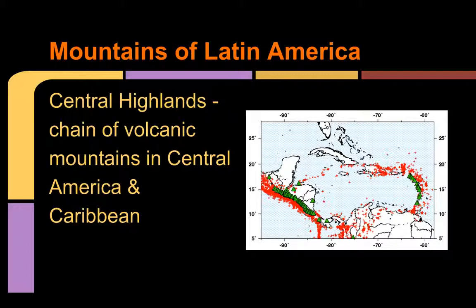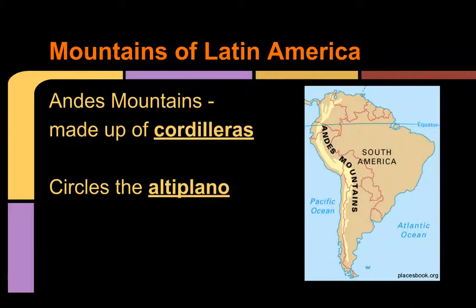We have the Central Highlands, which is next, which is a chain of volcanic mountains in Central America and the Caribbean. This is a map. These are all where volcanoes have erupted. So you can see that it creates the highlands, and that's how most of the islands in the Caribbean have